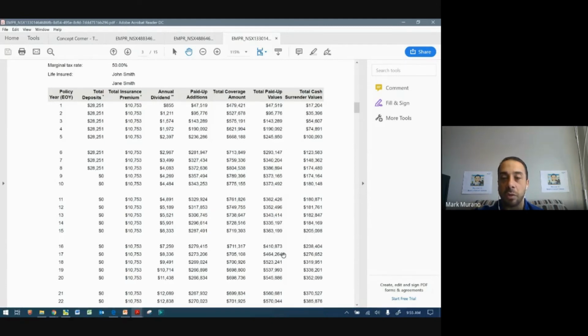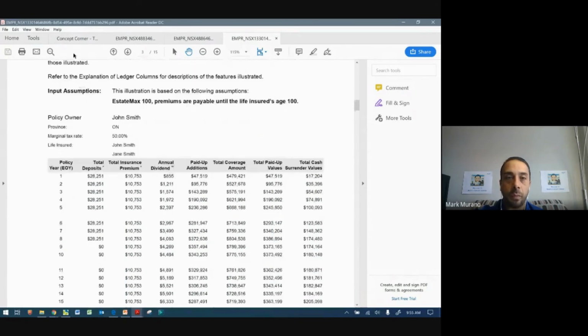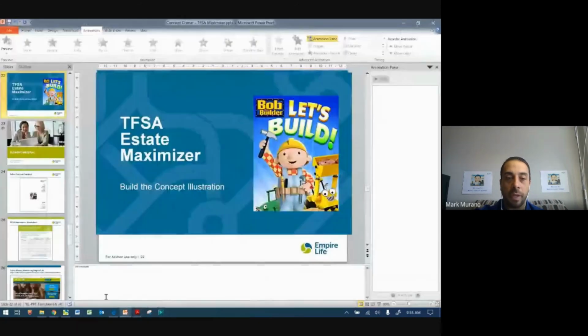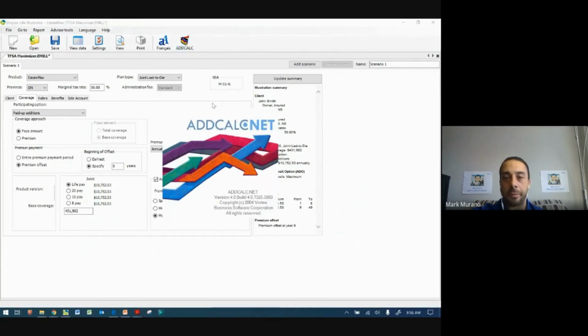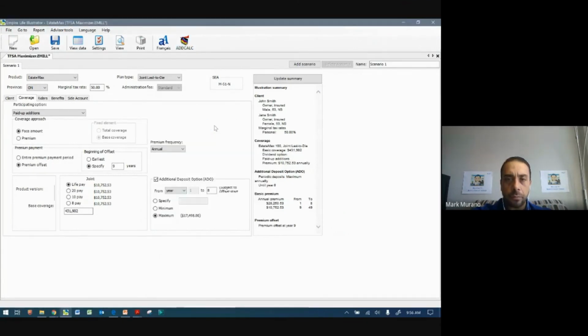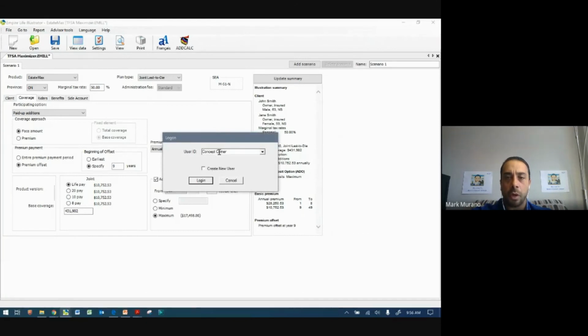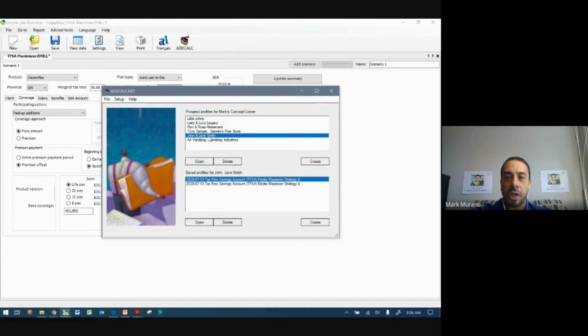So the policy continues to grow as the years go on. Okay, so we can spend more time on that at another time. So from here, the software, we would use my AddCalc. AddCalc would then open up, as we talked about, and I would go into concept. Well, user ID would be your broker name. I'll use Concept Corner. I have John and Jane Smith already here, and I would create